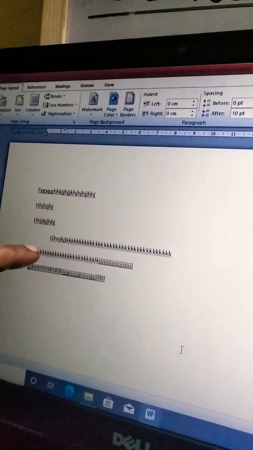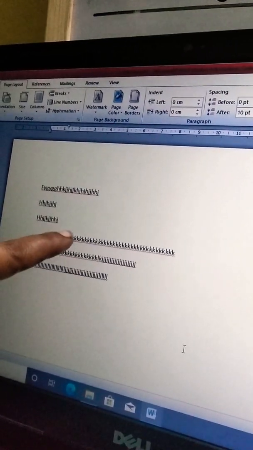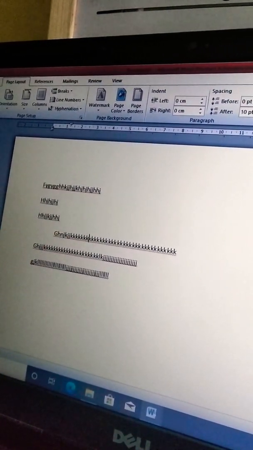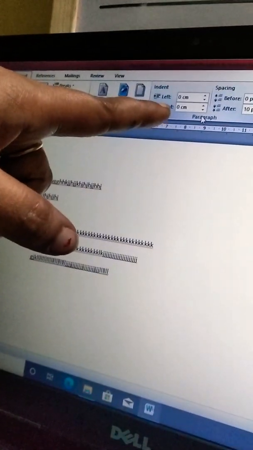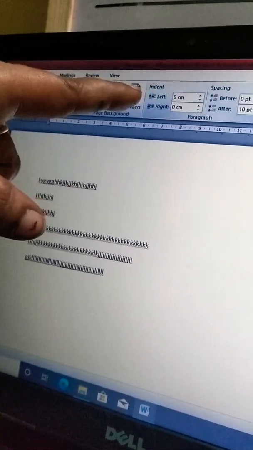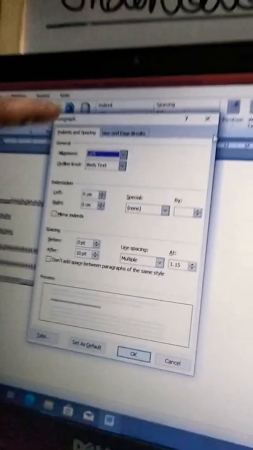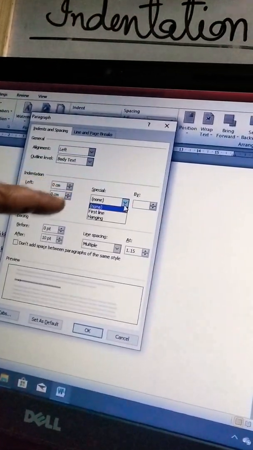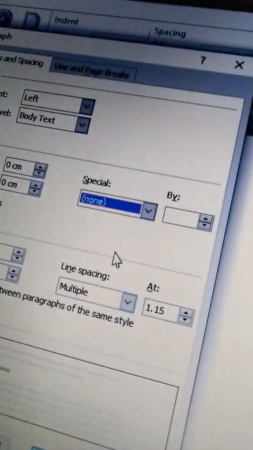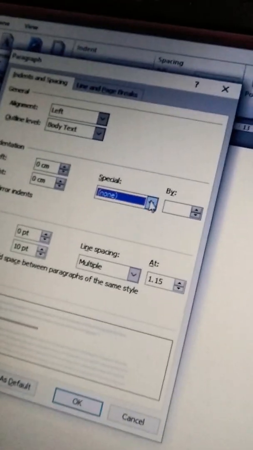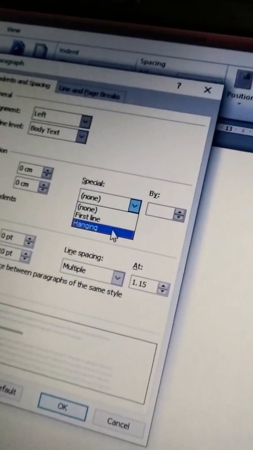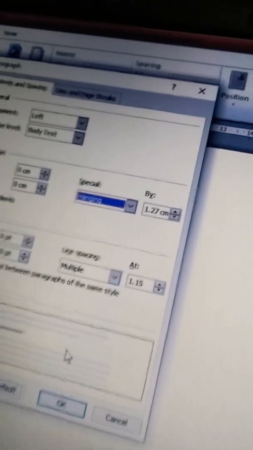Here you can see on the screen the first line is shifted, and if you undo this and again go to the paragraph option, and open the paragraph dialog box from the dialog arrow handle, and then again from the special menu you select the hanging indentation, and then select the OK button.